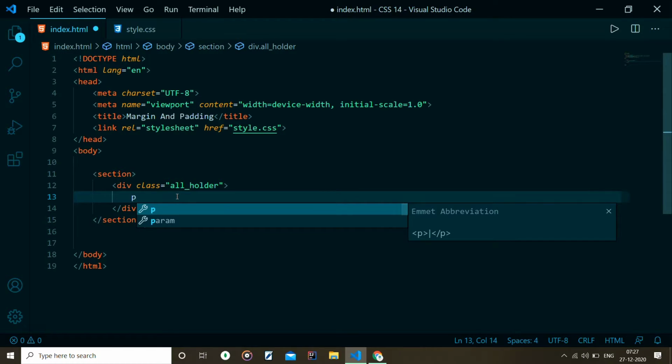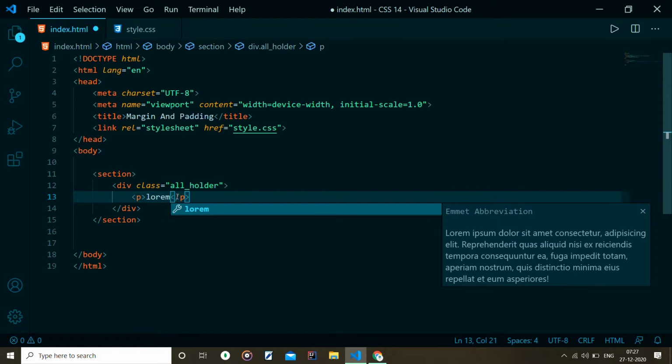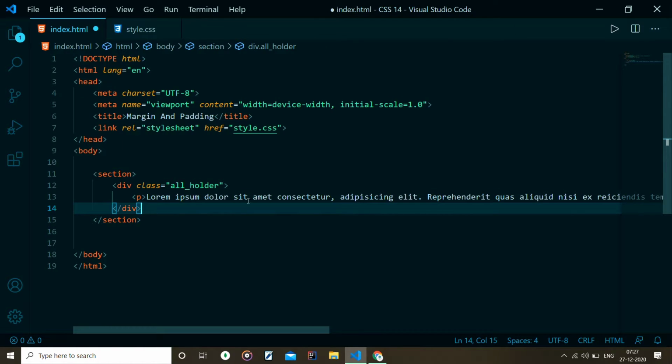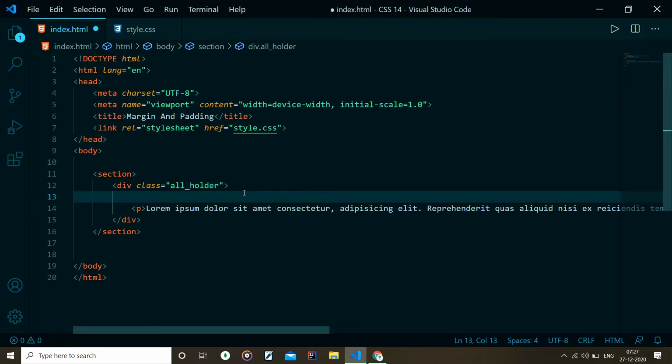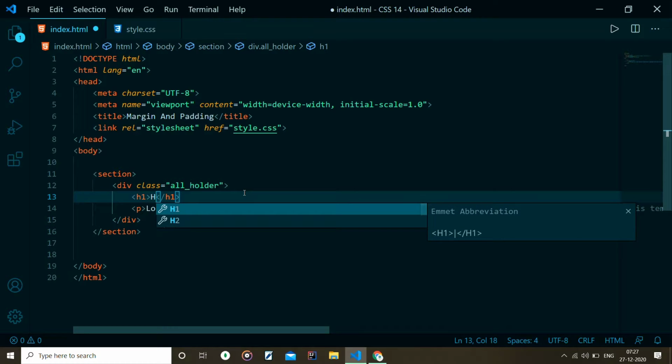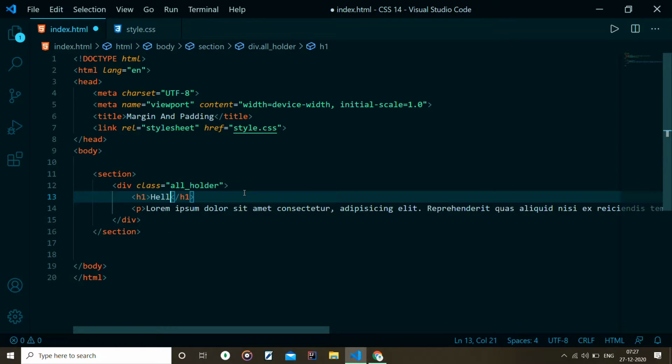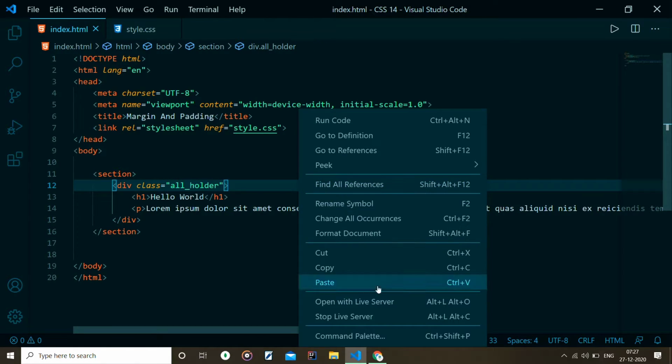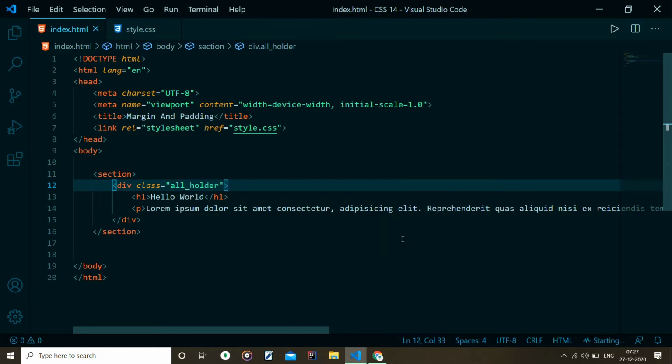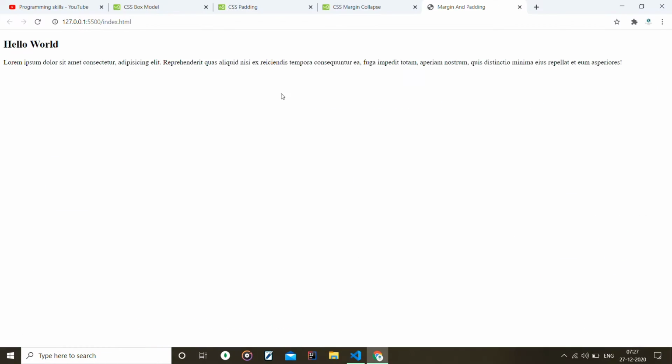Inside that I will write a paragraph using dummy text, using lorem just one time, and then I am using an h1 with the heading hello world. When I click on go live, you can see how it looks.